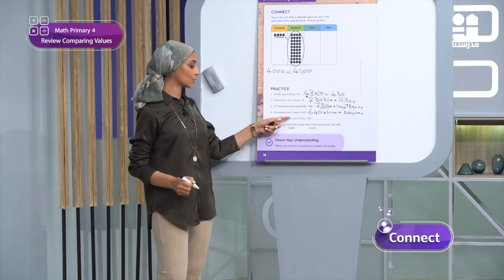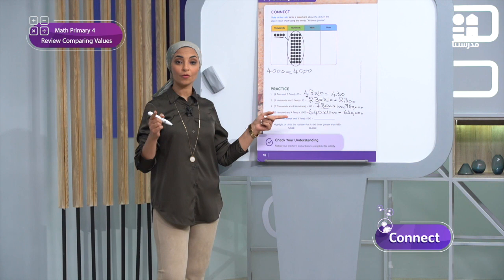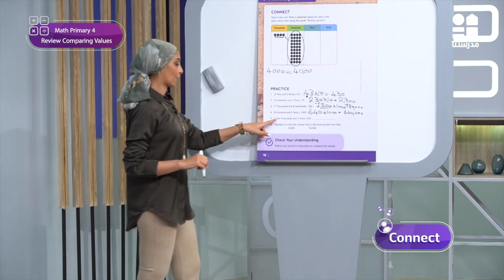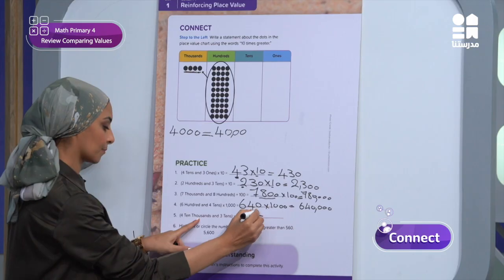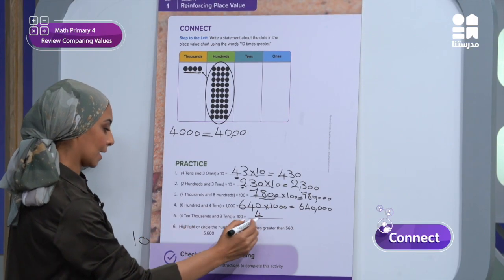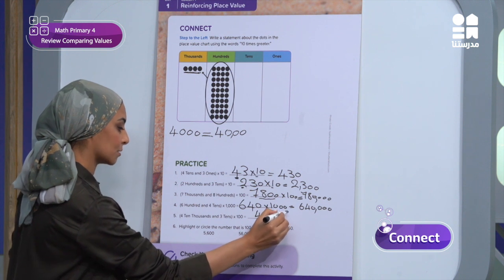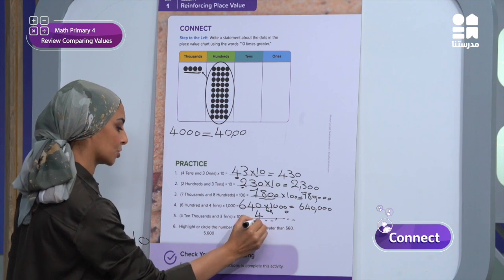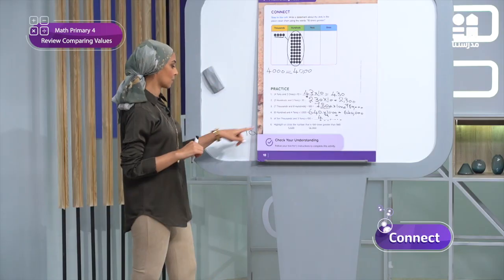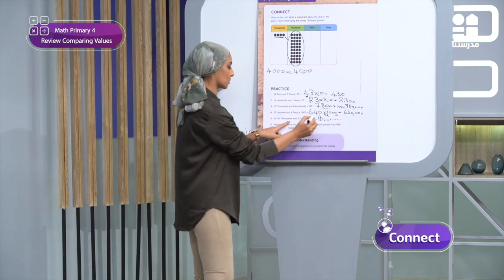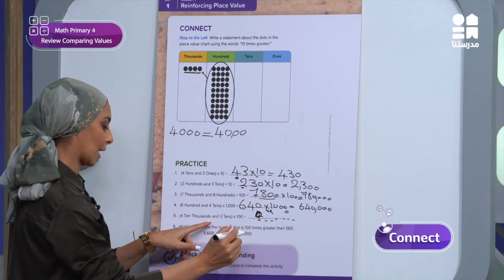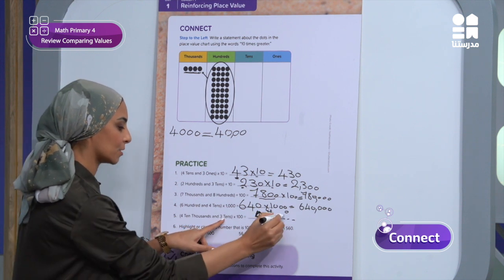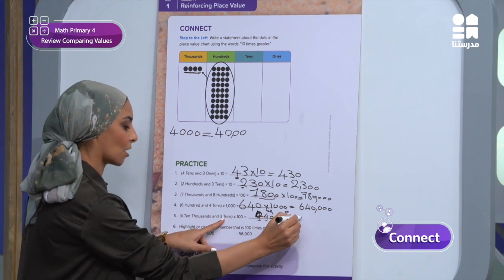4 10,000 and 3 tenths, all of this times 100. How can I make it? 4 in the 10,000. Okay, do you know the houses? Here is the ones and here is the thousand. Each house has 3 digits. 4 in the 10,000, this is the 100,000, and 4 in the 10,000, meaning 40,000, and 30, like this, times